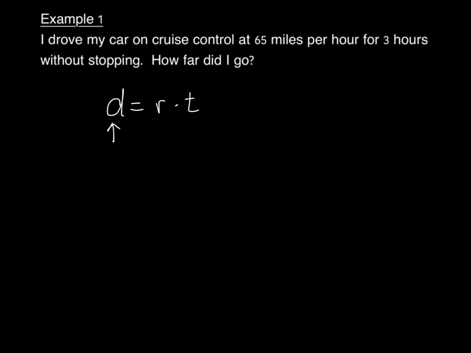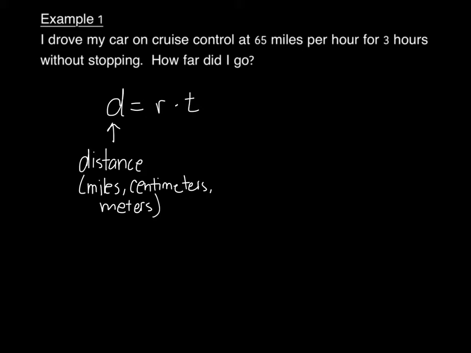Okay, the D simply stands for distance, and distance could be something such as miles. It could also be centimeters. It could be meters, various measurements like that. R is going to stand for rate, and a rate could be miles per hour. It could be centimeters per